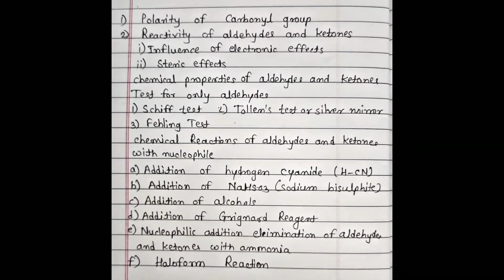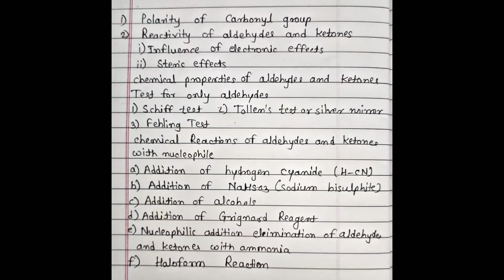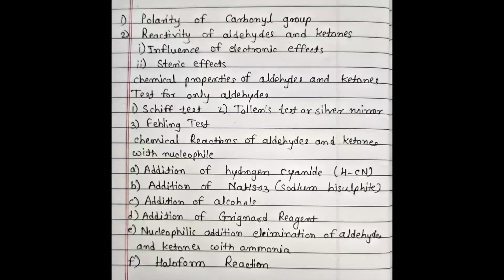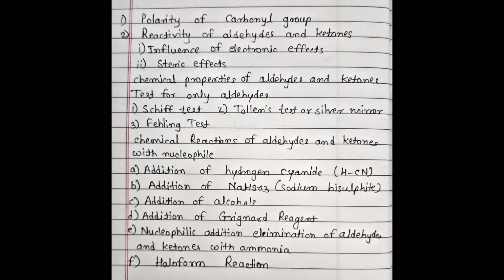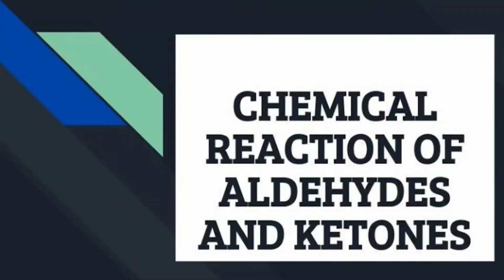we see the chemical reactions of aldehydes and ketones with nucleophiles. In this, the first is addition of hydrogen cyanide, second is the addition of sodium bisulfite, third is addition of alcohol, fourth is addition of Grignard reagent, fifth is the nucleophilic addition elimination of aldehydes and ketones with ammonia, and last we see the haloform reaction. The next chemical reaction of aldehydes and ketones is the